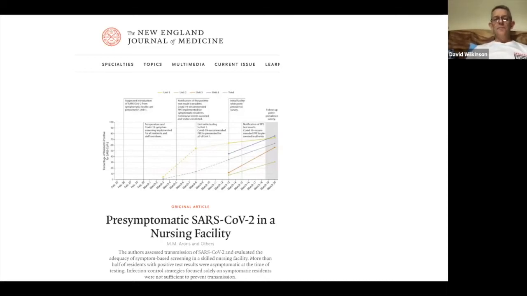while they were pre-symptomatic. So these were people that had no symptoms at the time. They were swabbed. They were found to be COVID positive with shedding virus, and then they became symptomatic a couple of days later. So I think a landmark study, actually, and it speaks back to the point I made